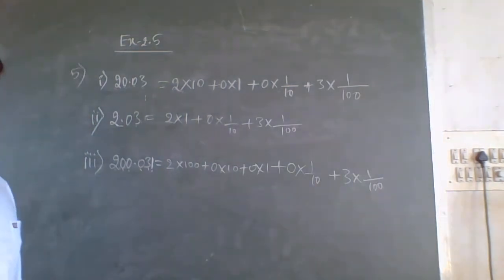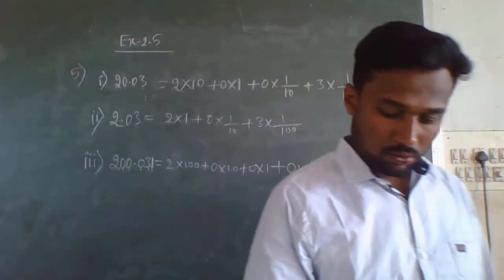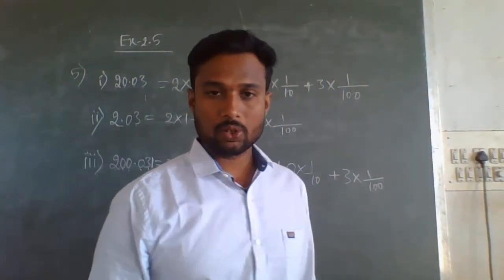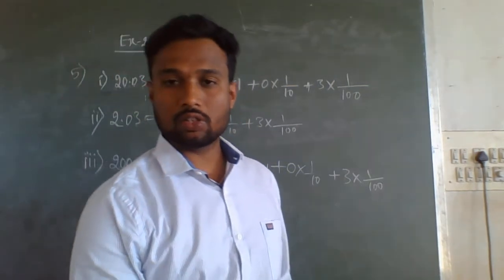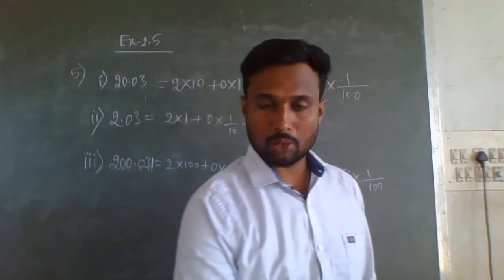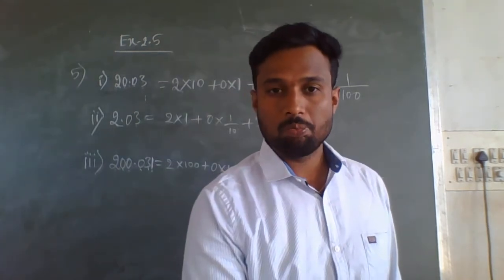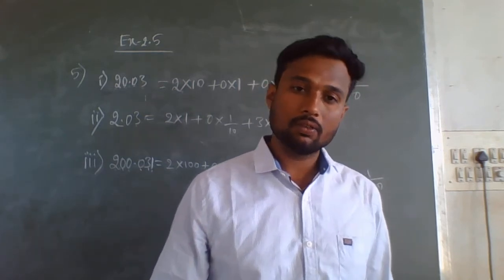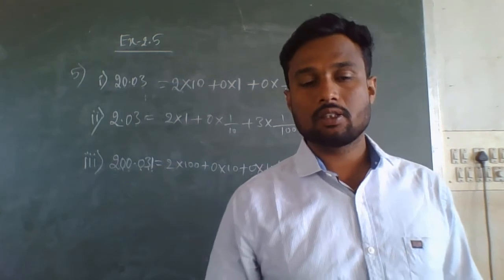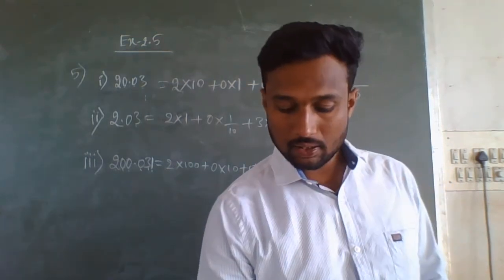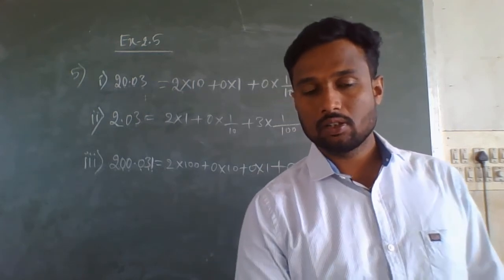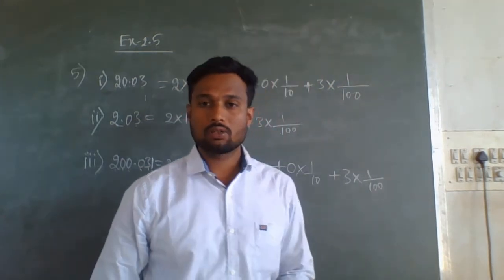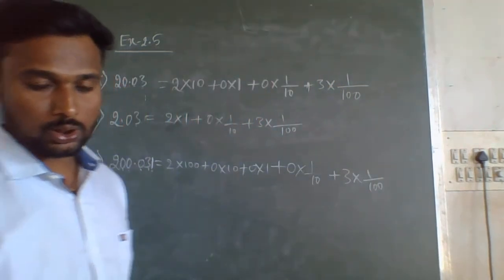Okay. So in fifth main they have given only 4 questions. Here I solved first 3 questions. Try to solve the remaining one. They have given 2.034. 2.034 means after decimal point they have given 3 digits. First digit is 1 by 10's position, second digit is 1 by 100's position, third digit is 1 by 1000's position. So try to solve the fourth one in fifth main question. So now I will move to the next one, sixth question.